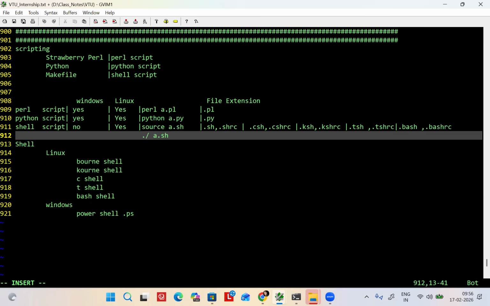Note down all this, because in the company, it is the first day's work. On the first day only, you need to create this shell script. Once you go to Qualcomm or any big company, on the first day you need to create this file only. You don't have any other work.